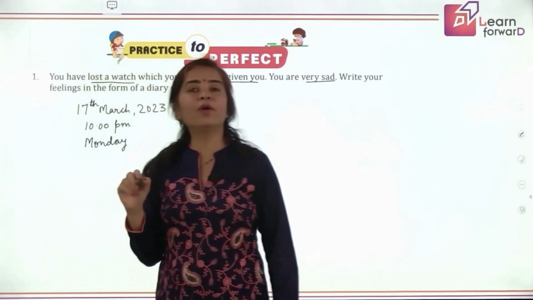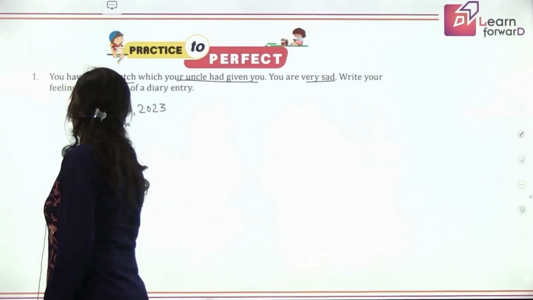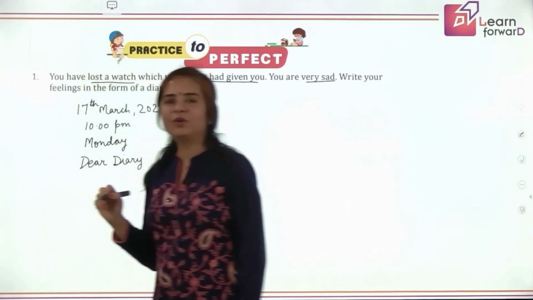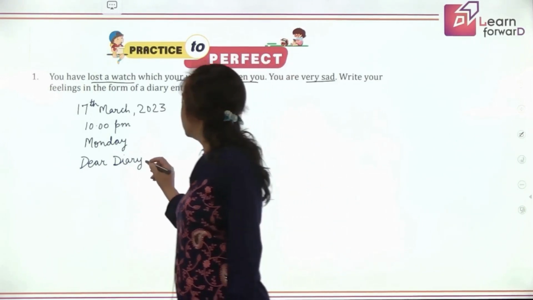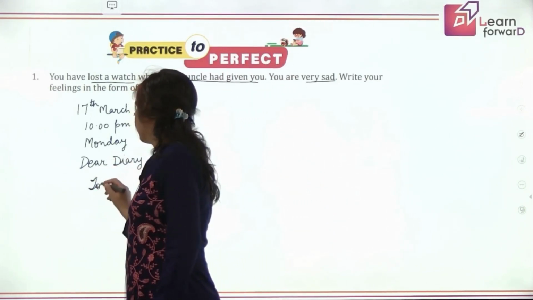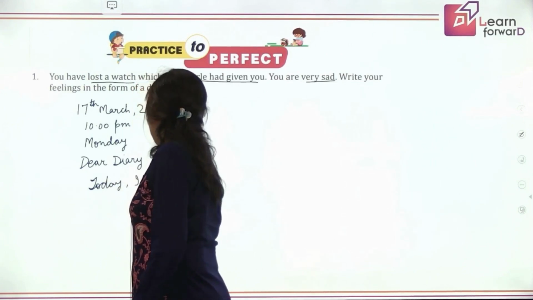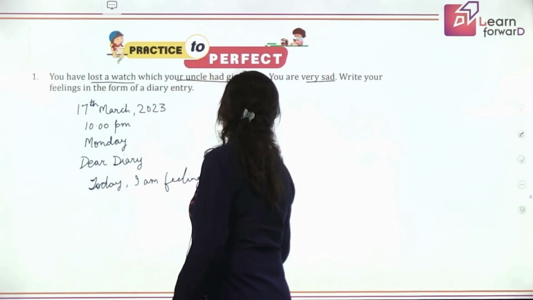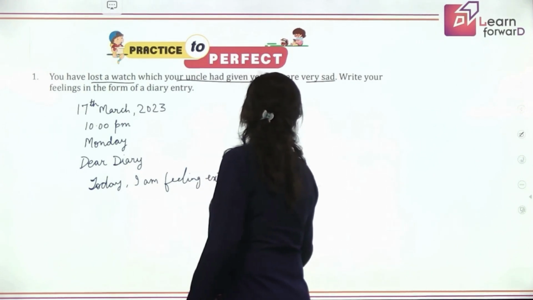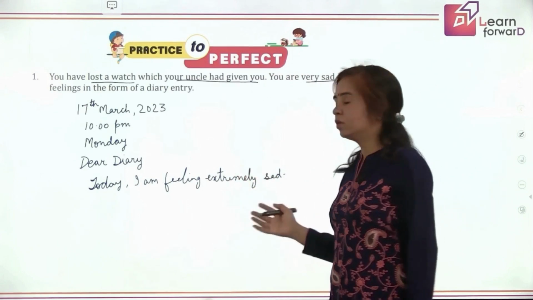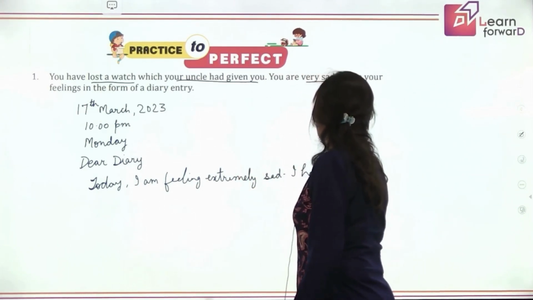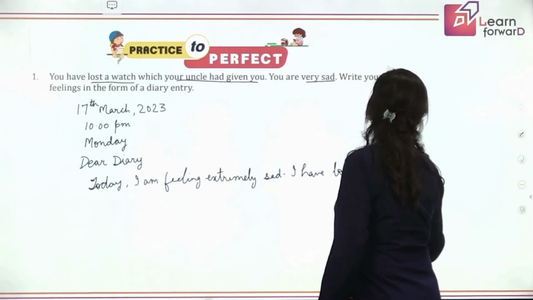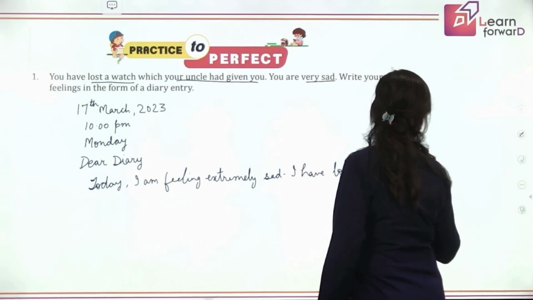What next? I'm going to address my diary. So how will I say? Dear diary. It's a loving address to your diary, isn't it? It's going to be your good friend with whom you are going to share your feelings. So, dear diary, today I am feeling extremely sad. Why? You are going to share. I have lost my beautiful watch. You can write my favorite watch